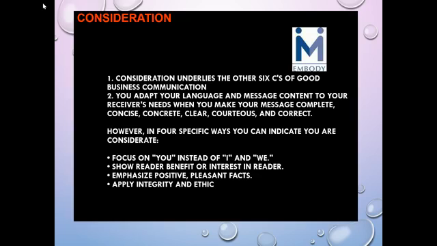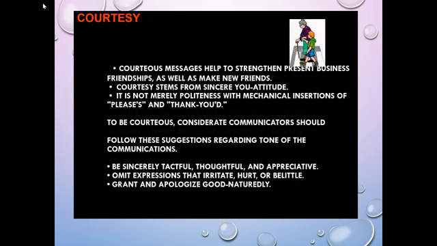Consideration is absolutely important if you want to focus on the listener. So focus on you instead of I and we, right? And understand that person, speak accordingly. Finally, courtesy: respectful communication with whoever you are communicating with, even if it is the grocery shop wala in your locality,